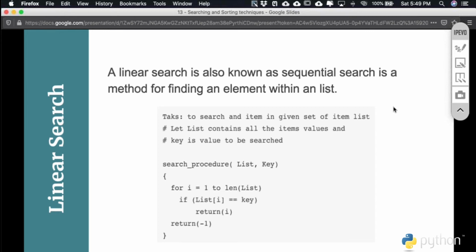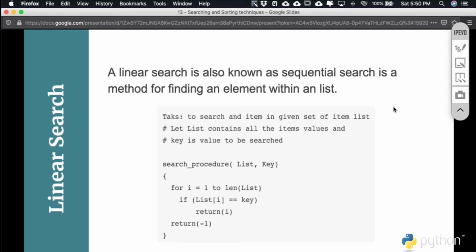This is a very simple kind of search mechanism, a naive approach that we generally carry out while searching for an item. The items can be arranged in some sequential pattern, and we start from one end and start comparing every element of the list with the item to be searched.